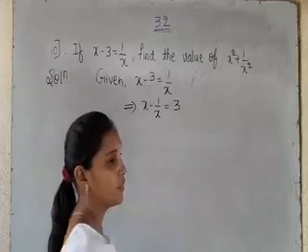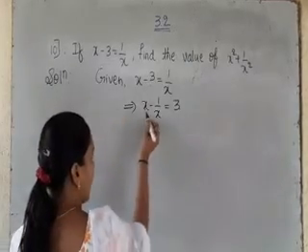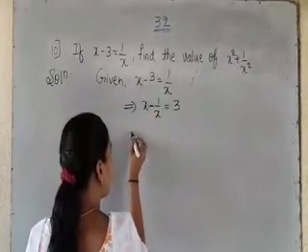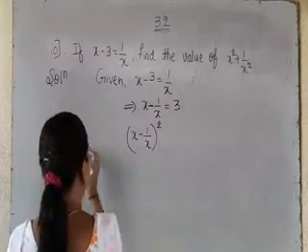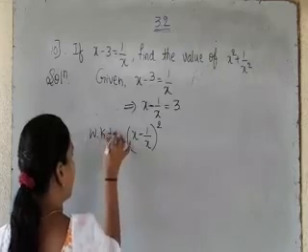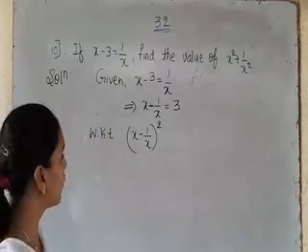So we have one more identity. As given, it is an x minus term, so we have to use the (x minus 1 by x) whole square formula. This is also one more identity, same as (a minus b) whole square, but here the b value is 1 by x.